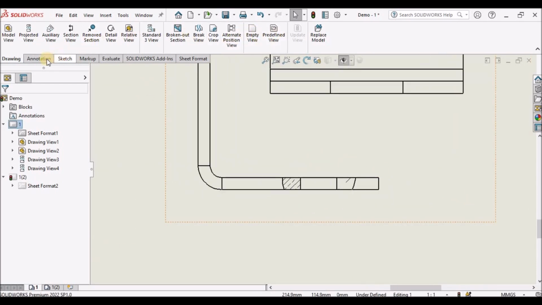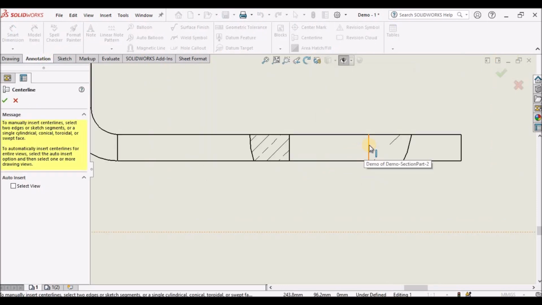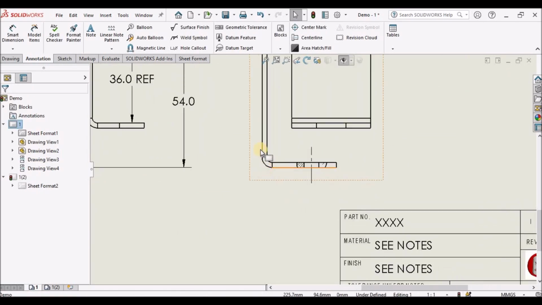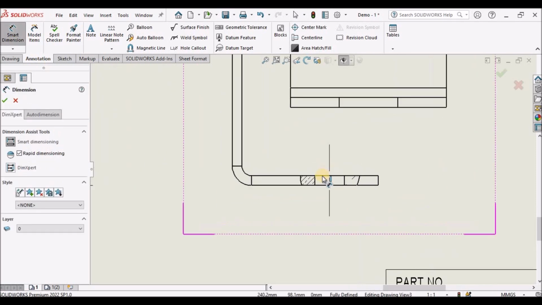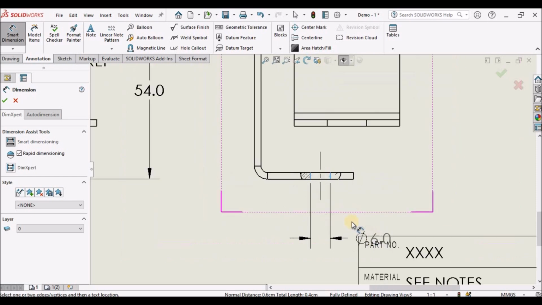Now we have to go to annotation and we have to show the center line for this hole. Now the diameter of this hole is 6 mm